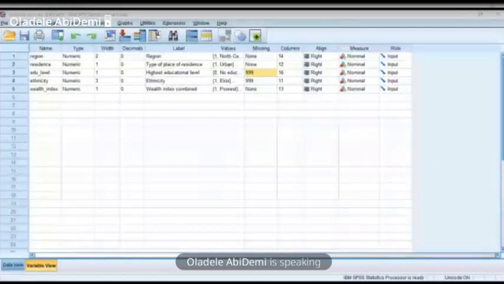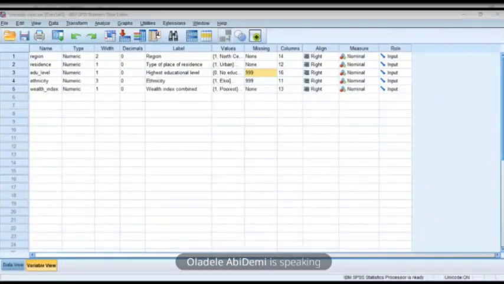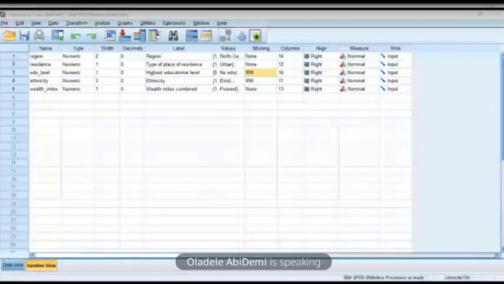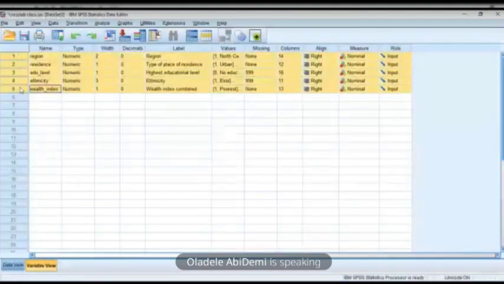Okay, now the data before me is just a few data sets of five variables that I extracted from the Nigerian demographic survey data of 2018. Yes, it's a very large data set. But I just extracted these five variables from the data set. The variables are region, residence, educational level of the respondents, the respective ethnicity of the respondents, and of